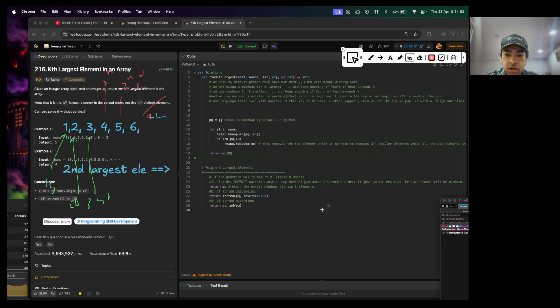While to make it a max heap, what we do is, we know by default Python has only min heap, used with the heapq keyword, right? And we are using min heap for k largest elements and popping off, and we use max heap for the k smallest. So in this approach, what we have done is